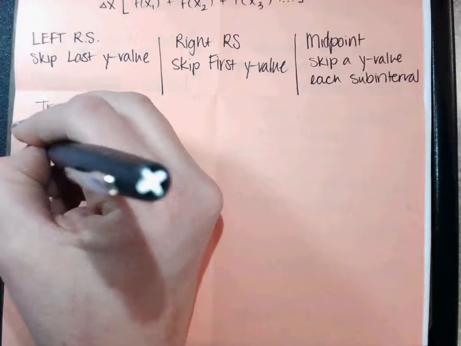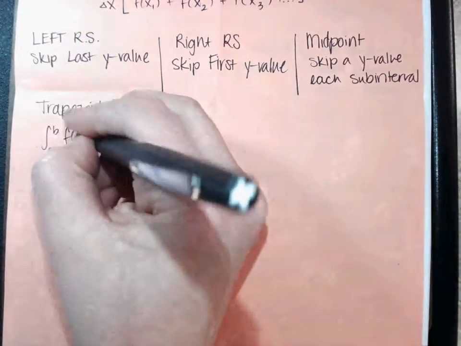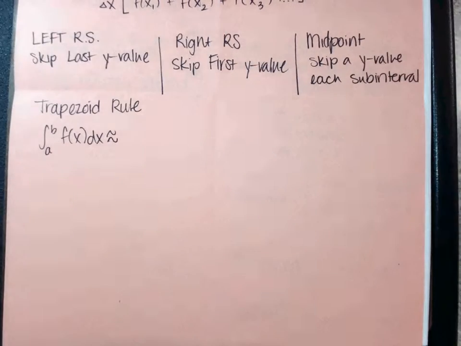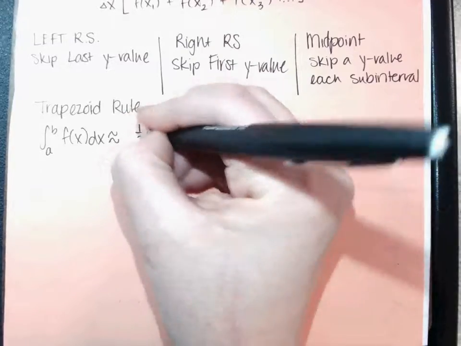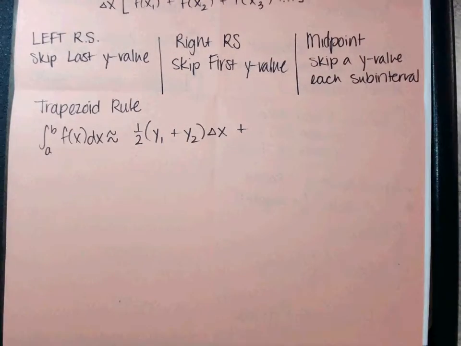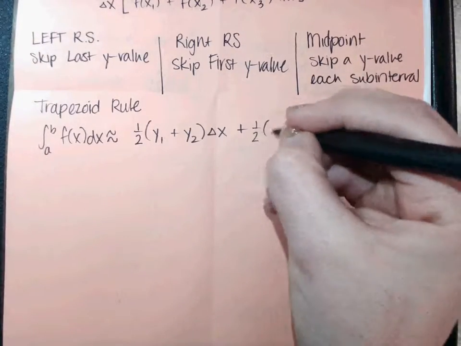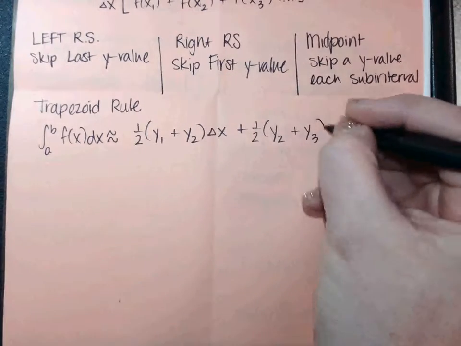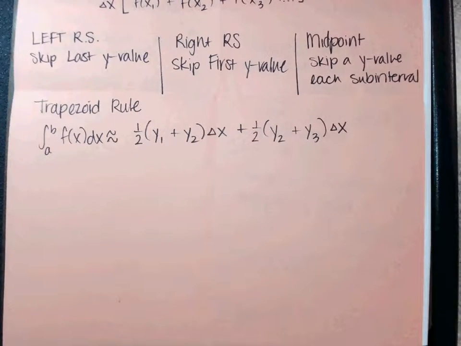You would have your integral from a to b, f of x dx, approximated by, because remember it's not exact, and you would be adding up the area of multiple trapezoids based on that shape. So it would be 1/2 y1 plus y2 delta x plus. Then your next trapezoid would be y2 plus y3. Then the delta x associated with that trapezoid. Remember that delta x is still your width. y1 and y2 are your bases, but they're vertical. Okay, that's why we're calling them that. Okay, plus